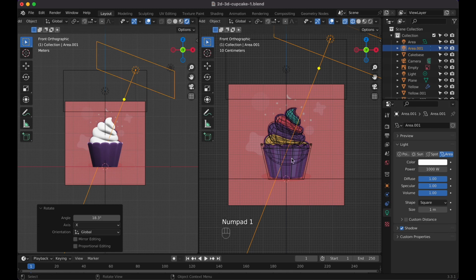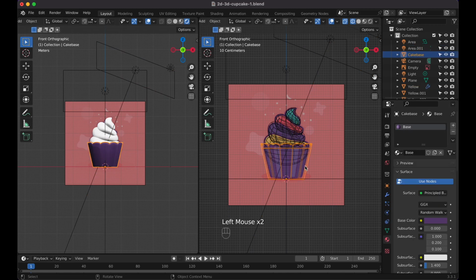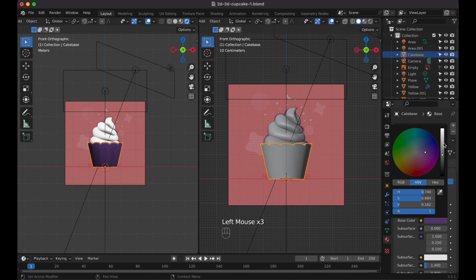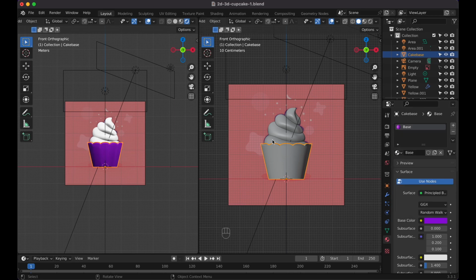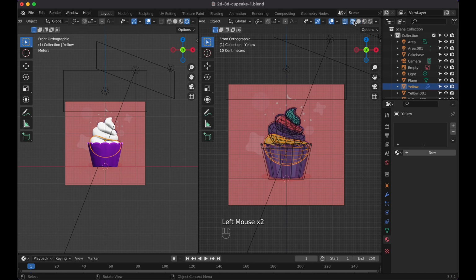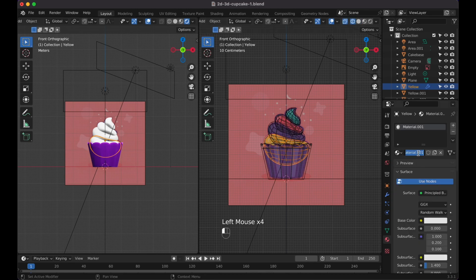So I think it's because of this purple. So let's go back now to our wireframe and click on this guy right here, and then pretty much change this to be brighter. So right now I think that's why it was way too dark. So I'll keep it kind of like that actually, and then we can adjust the lightings. And then let's go back here. We have new. Call this one yellow,